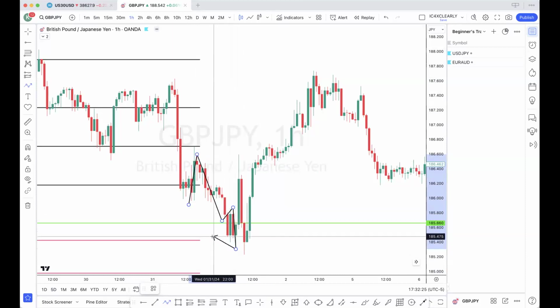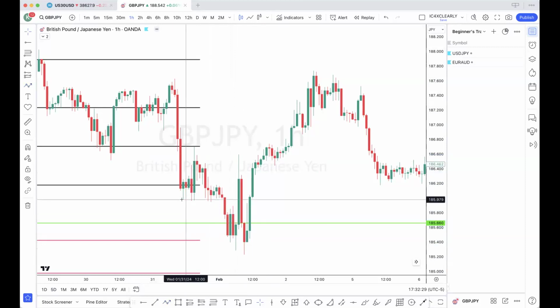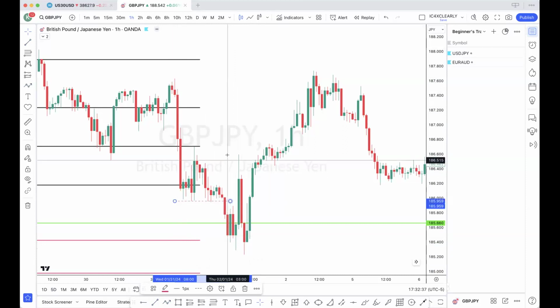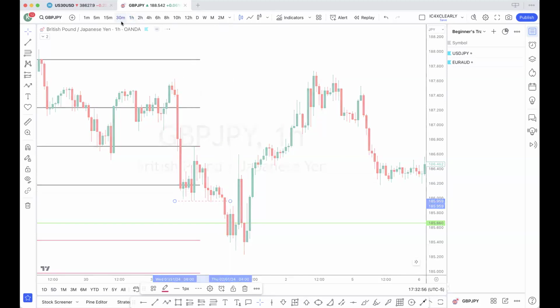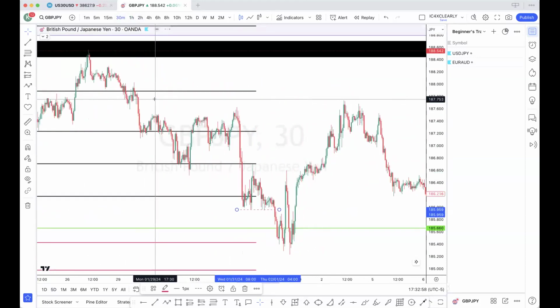Wait a minute, hold on. No, I wouldn't have seen it that way. Hold on. So you had this break here, right? And then this push down, push back up. So once you started getting, now this is the swing I really would have been looking for to get broken, but you still have some minor swings up in here. If you go down to your 30-minute,